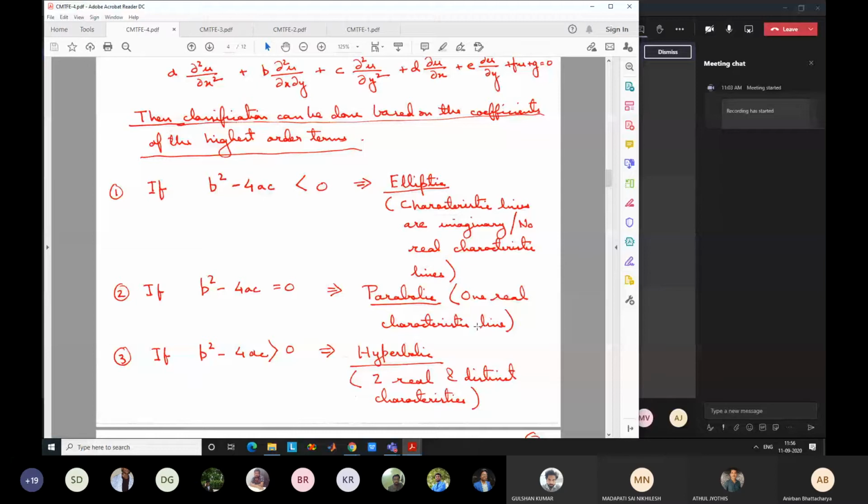A characteristic line is actually used to reduce the number of terms in the equation. It is a form of variable transformation for solving the equation, say using the method of characteristics. But let us not go into those details right now. In the next part of this class, we will try to physically understand what a characteristic line is, and why it is important for our CFD solution. Not in a mathematical way, but how it influences the solution. What is the importance of this line?